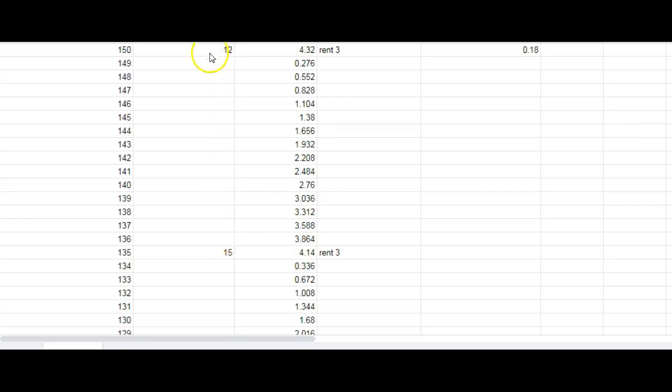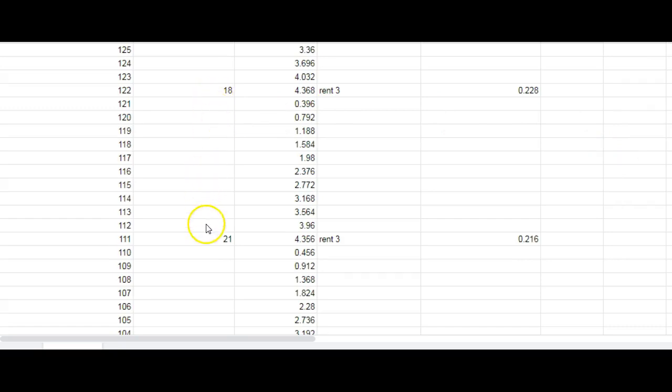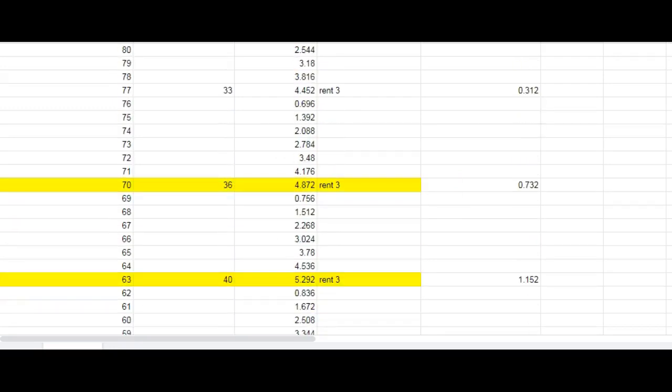So this is the amount of days that it's taking at this stage, whereas whenever you first started, it took quite a long time. Look at all those days that it took. So it took quite a long time to get down to here, but now it's speeded up quite a lot. And it continues getting faster and faster and faster. So the amount of time between you adding another 3 rented referrals is getting closer and closer and closer until you get to the point where